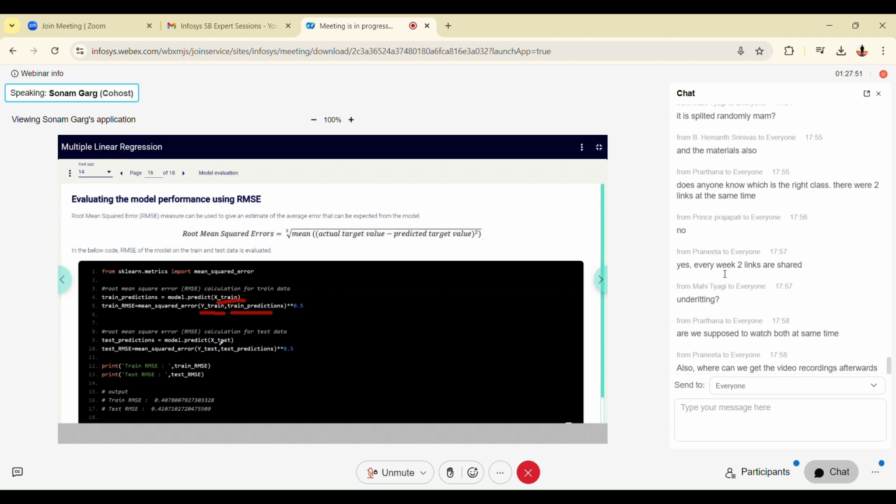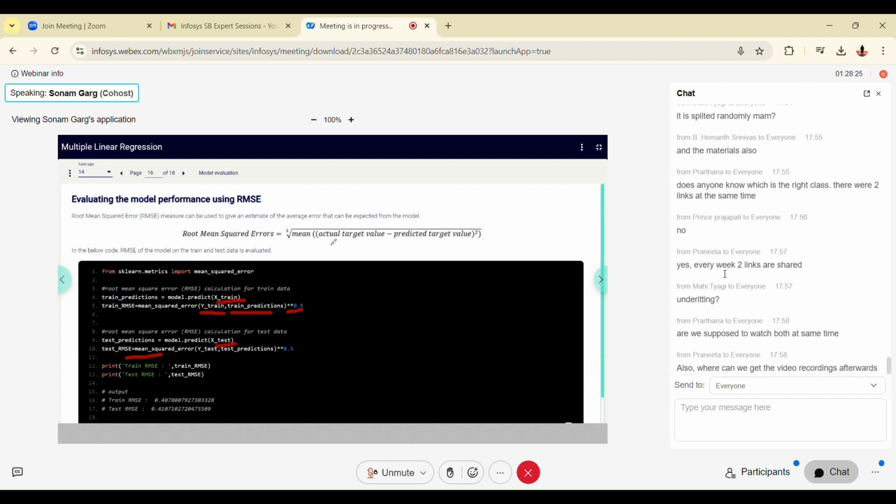We'll do the same for the test values as well. So ask the model to predict the y values for the testing data and find the root mean square error. The mean squared error function can be used from the sklearn.metrics library. You can use mean squared error to find this. The square root you have to do yourself by adding this step, because mean squared error only calculates the mean of the square of the errors. I hope you understand what the errors are.